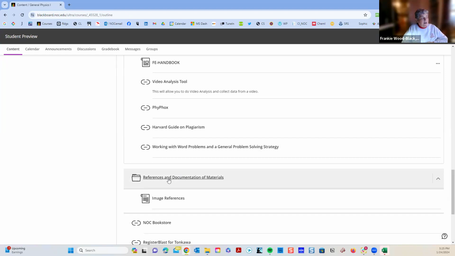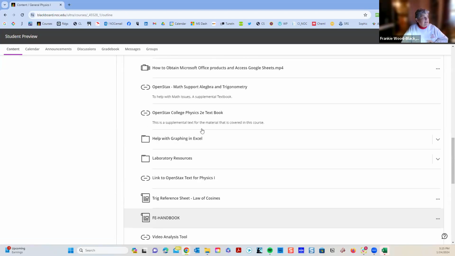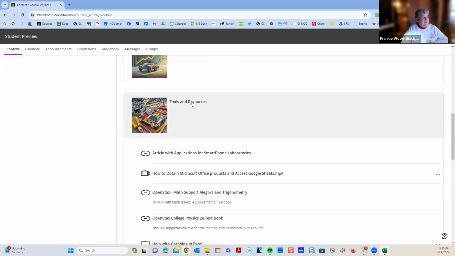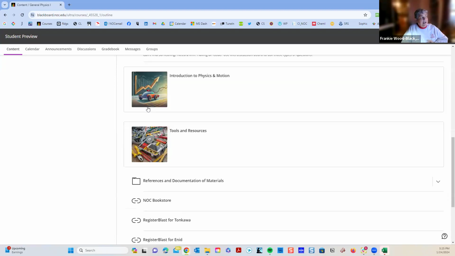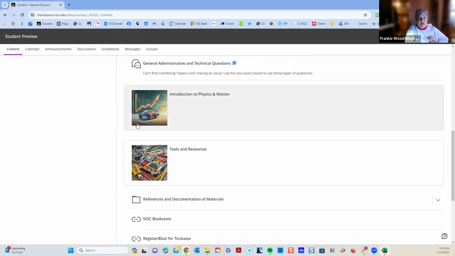I'm trying to model that plagiarism reference, and this is the image references for my images that I am using, because those are things that are out there that are very important. And I am learning and working with artificial intelligence. So a lot of my images will be generated by artificial intelligence, and I'm going to tell you which ones are. And I will also give you the prompts.